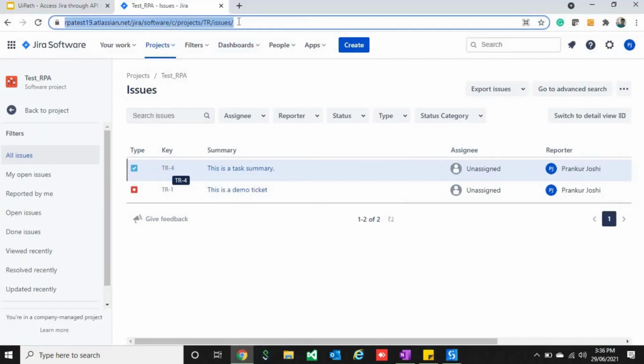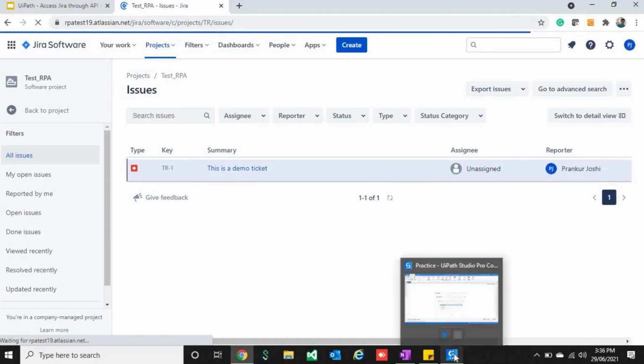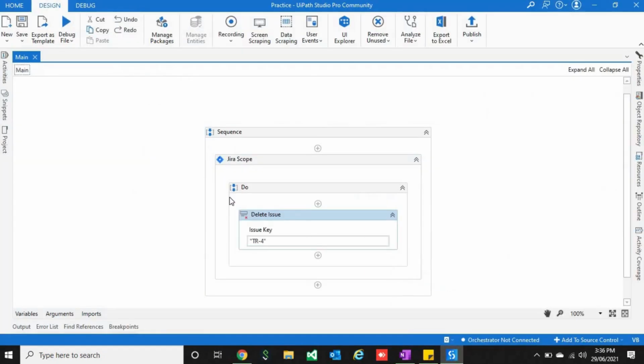Now let me refresh the page again. You can see that it has deleted the ticket. You just have to make sure that whatever activities you are using related to Jira must be under this Jira scope only, otherwise they will not work.